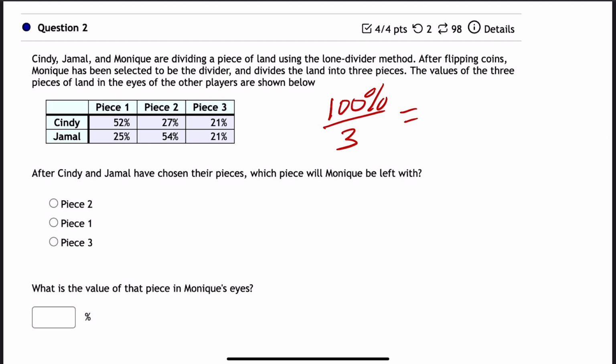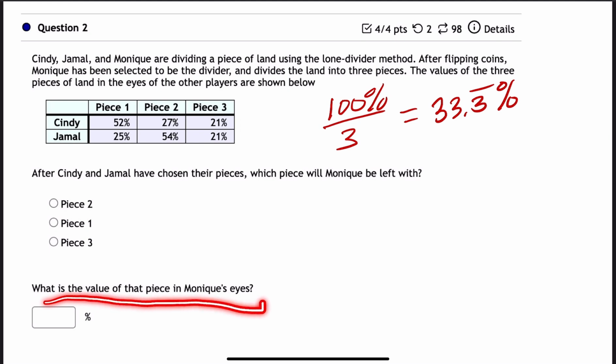And when we divide 100 by 3, we get 33.3 repeated percent. One thing I noticed with this program is it does not like it when you put 33%. It wants you to have a decimal. So in this case, we have 0.3. If you had 0.6, it would want you to actually put a decimal for that. So I'm going to skip down here to the bottom where it says what is the value of that piece